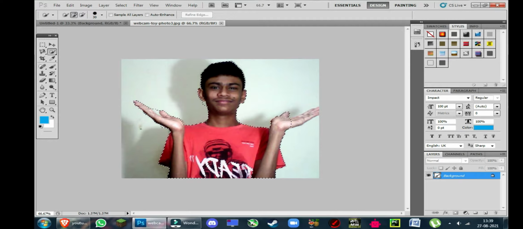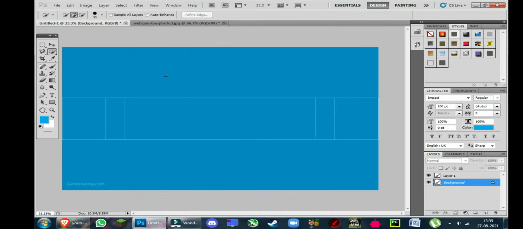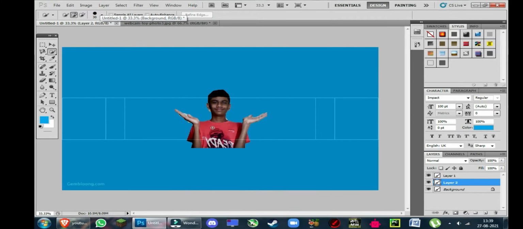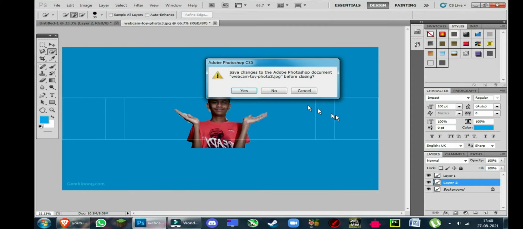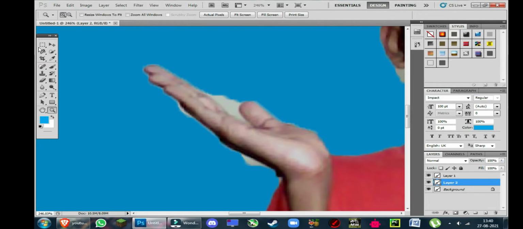Then just use Ctrl X to cut, and then go back to the banner and Ctrl V. You can see it's nice. You can delete this, not now. If you want to remove all the unwanted stuff here, you can just remove that also, it doesn't matter. You can reduce the size of this also, delete, and it doesn't matter because it's minor. Then it looks nice and decent.